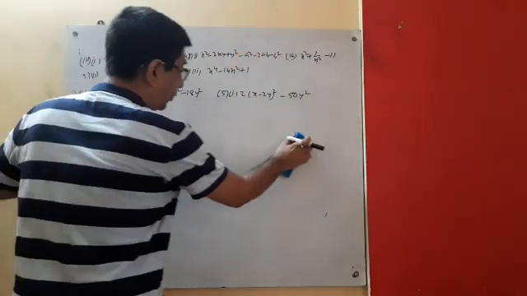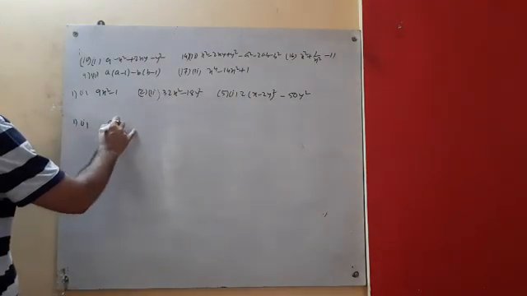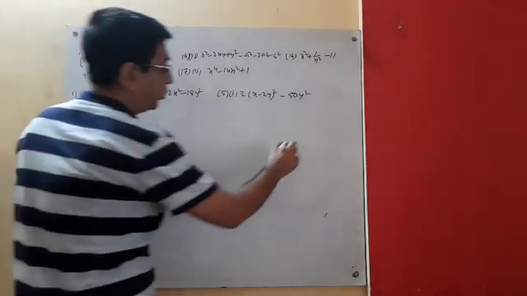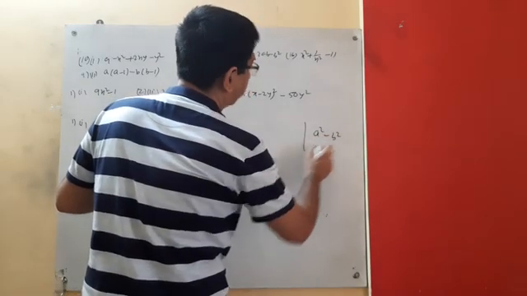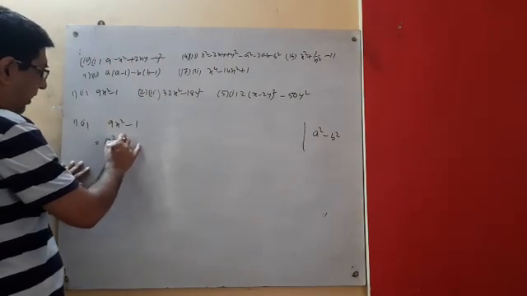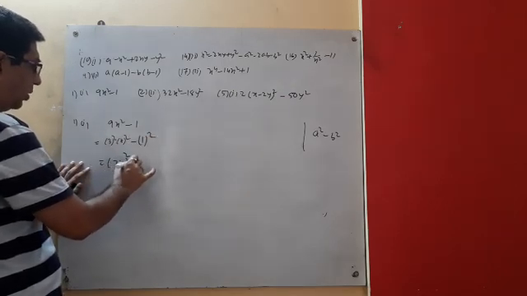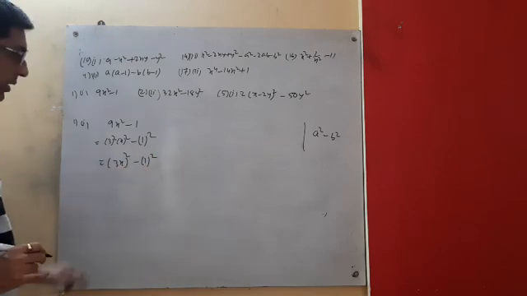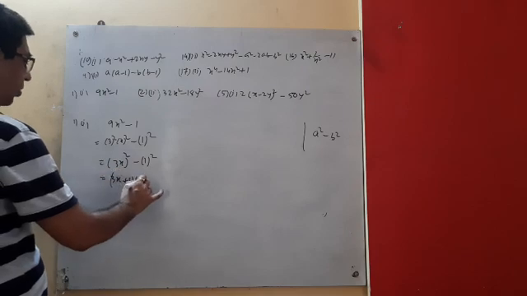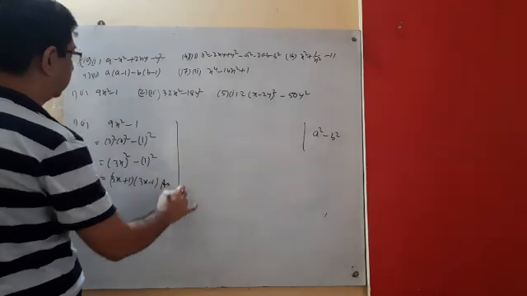At first we'll start with this one, 1, that is 9x square minus 1. There are two terms and a minus sign, so we are getting the a square minus b square form. Look, 9 is a perfect square, so we can write this as 3 square x square minus 1 square. So we are getting 3x whole square minus 1 whole square, a square minus b square. So we are getting a plus b into a minus b. So this is the first answer.